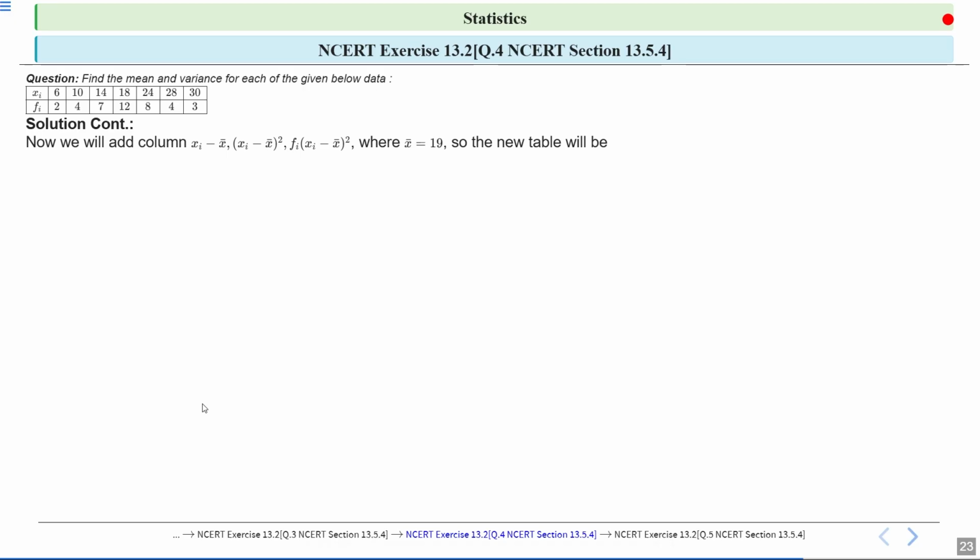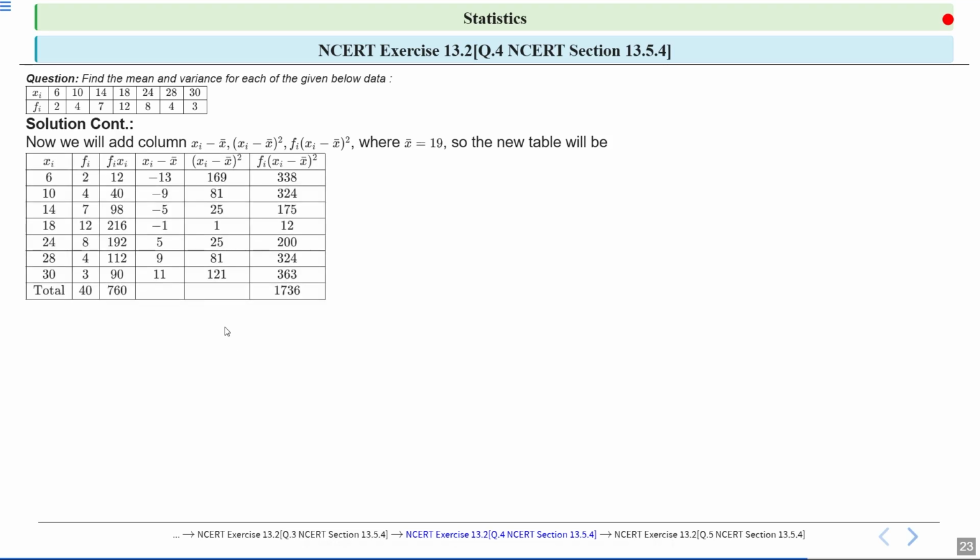Now, we will add 3 new columns: xi minus x bar, xi minus x bar whole square, and fi times xi minus x bar whole square, where x bar is 19. So, the new table will look like this. Here we calculated xi minus x bar, xi minus x bar whole square, and fi times xi minus x bar whole square. Here n, the summation from i equal to 1 to 7 of fi, is 40, and the summation from i equal to 1 to 7 of fi times xi minus x bar whole square equals